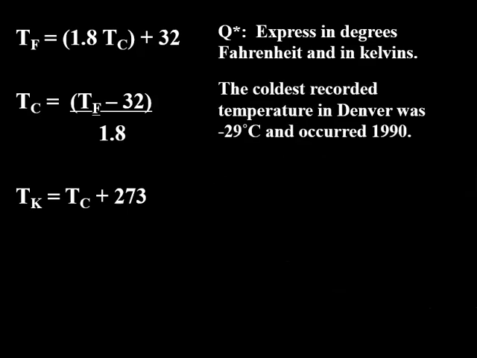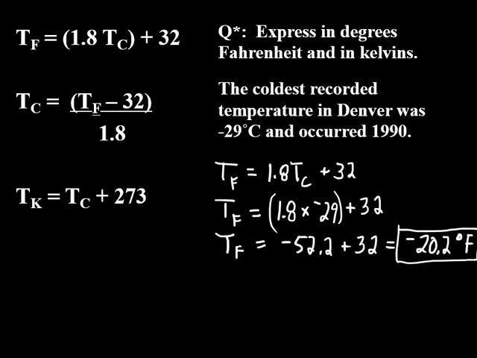Let's try another calculation. The coldest recorded temperature in Denver was negative 29 degrees Celsius, and it occurred in 1990. We'll convert to Fahrenheit. The temperature in Fahrenheit is equal to 1.8 times temperature in Celsius plus 32, so we will take 1.8 times negative 29 in parentheses plus 32. 1.8 times negative 29 is negative 52.2, and then we add 32 to it, and our answer is negative 20.2